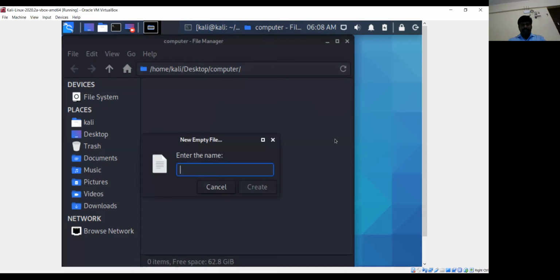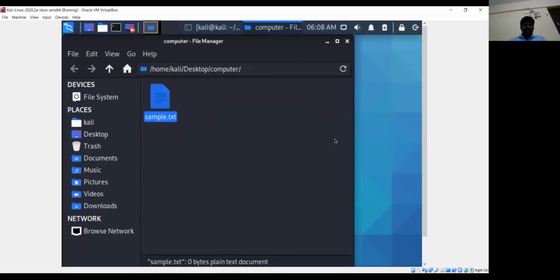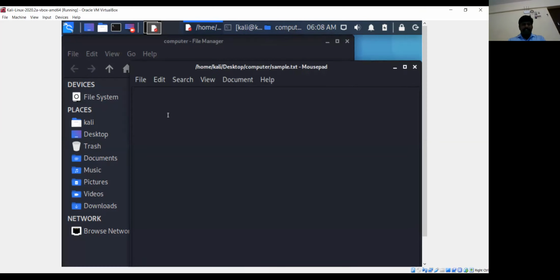Sample.txt, create, and you can just click on it and it will open here. This is also an alternate method to create a file.